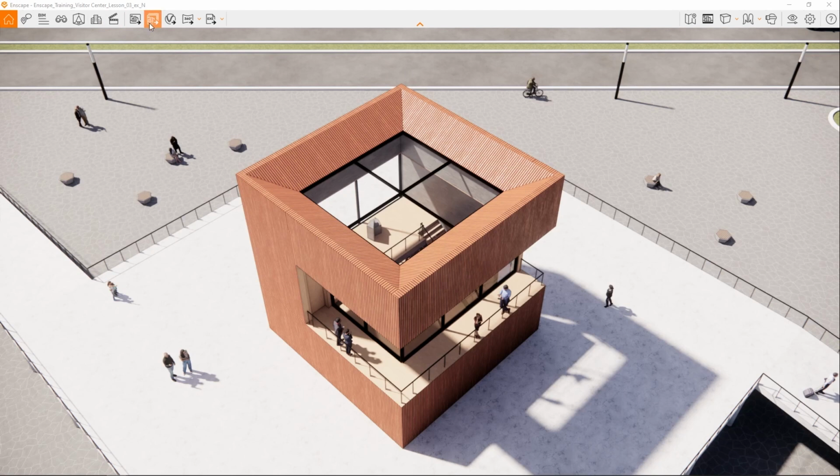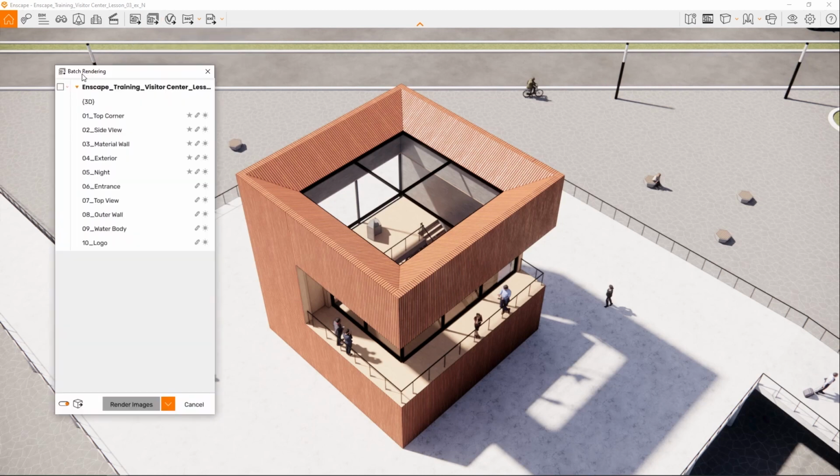You can find the batch rendering button right next to the screenshot button. Clicking it will open the batch rendering interface. This batch rendering window will show a list of all of the scenes in your Revit project, an overview of which of them contain visual settings, presets, or sun settings,